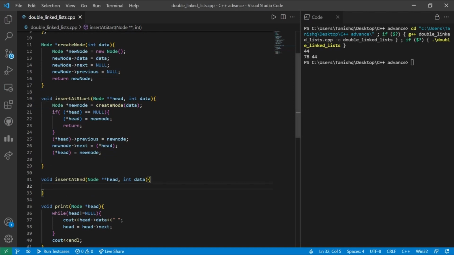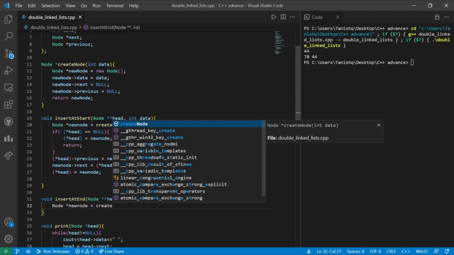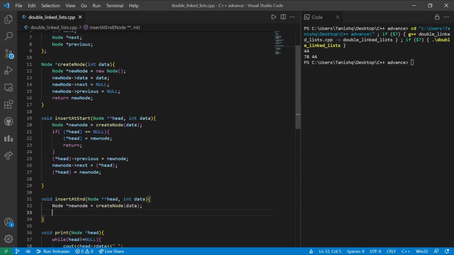As in the previous part, we have created a complete function in order to create a new node, and we have initialized the variables in that particular function itself. So the new node has been created over here.